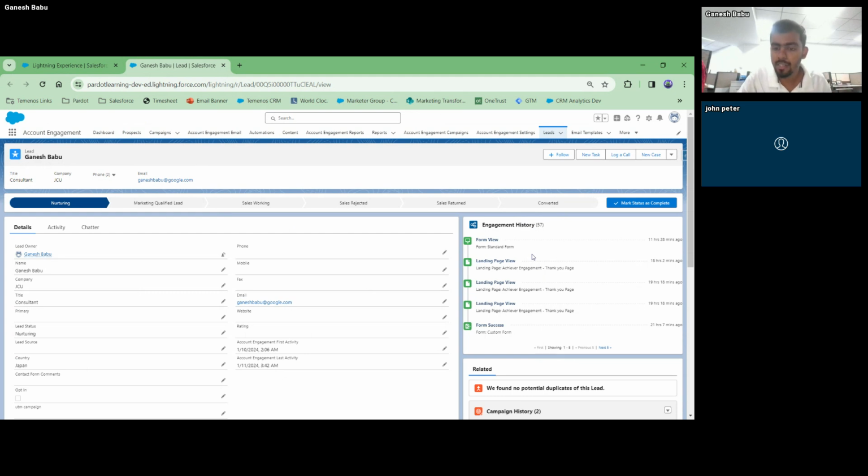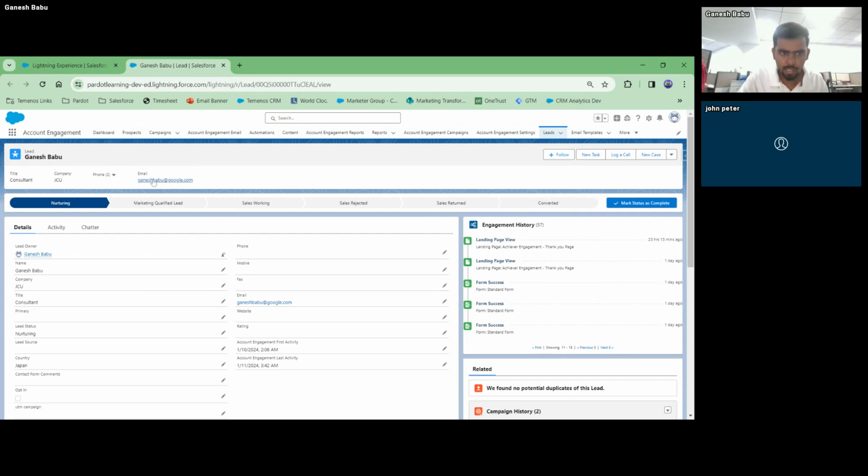We can give them an insight: this person, Ganesh Babu, viewed a form on this particular day. You can scroll and see all the activities the prospect has done with the marketing assets.